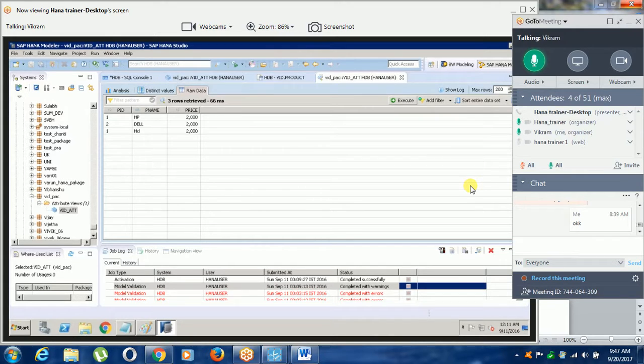Okay. So this is an attribute view. That's it. We should do practice on it. You should create some attribute views of product items, employee, department, customers. You can create these attribute views. You should try to create four, five, six attribute views, so you will be confident enough. After that, we will continue on